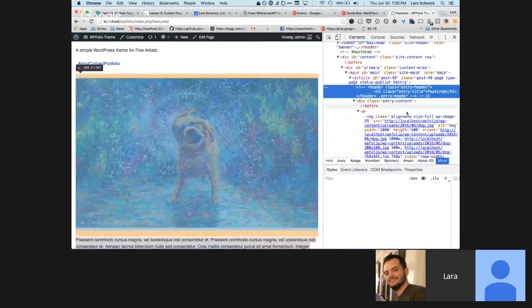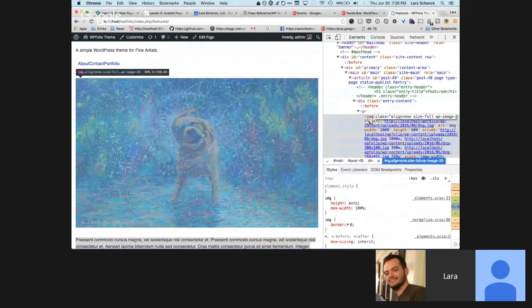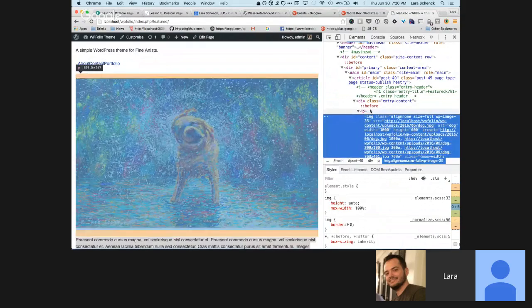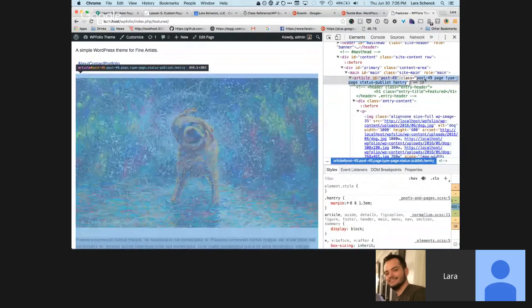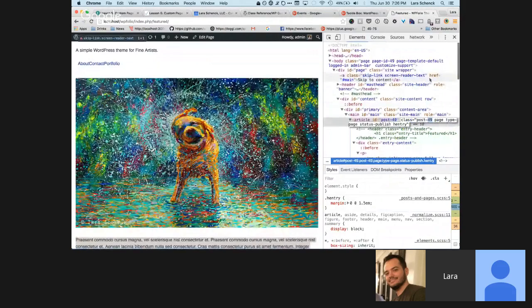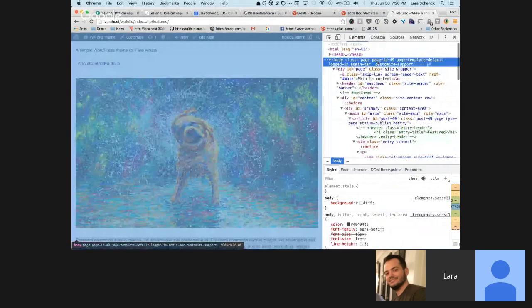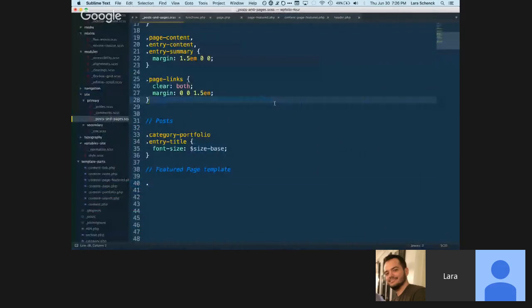So that's a really bad strategy because this is the ID of the image, and if you changed an image that's in here, it's not going to have the same ID. So that's number one, a bad strategy. The other bad strategy is this is going to be completely different on whatever database, whatever image you're using. But also, if you try to target post 49, again, the ID is going to be different. And even if I said, well, yeah, just IDs are a problem, you can't do that. So what we're going to do instead is